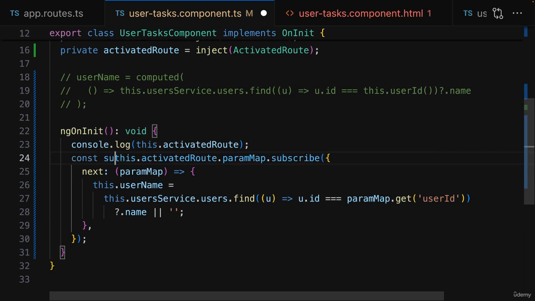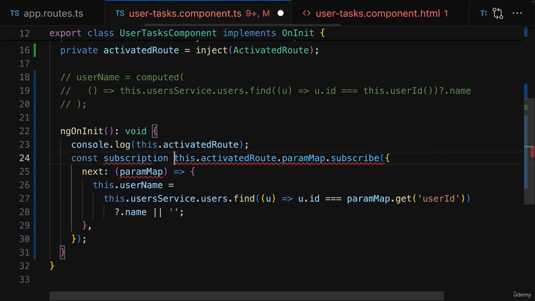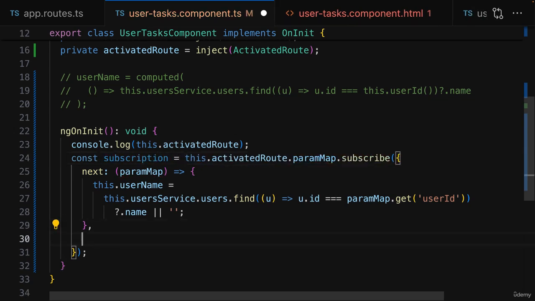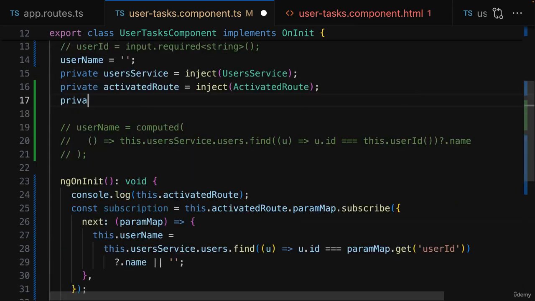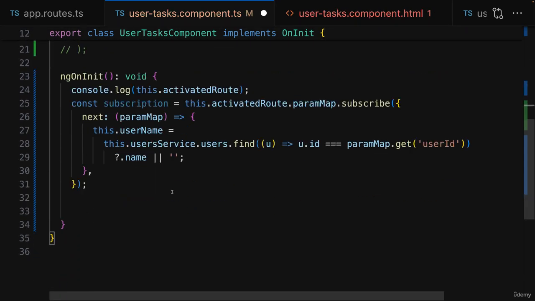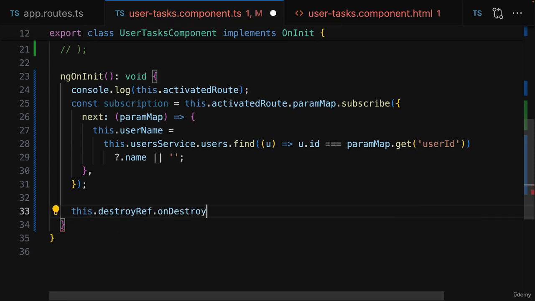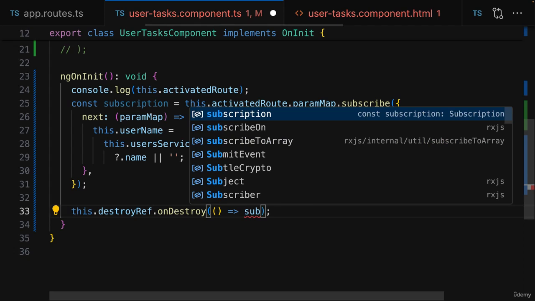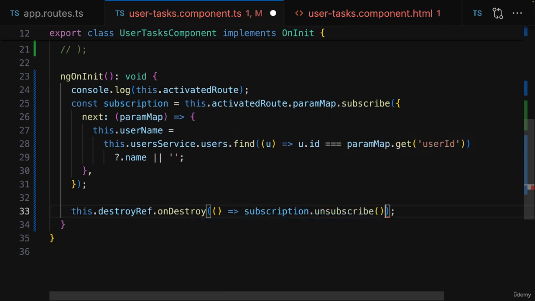One thing you should definitely do, though, is store the subscription and clean it up once you don't need it anymore. So you should inject that destroy ref thing, which we also used before in this course. And then here in ngOnInit, use this destroy ref onDestroy hook to clean up that subscription whenever the component